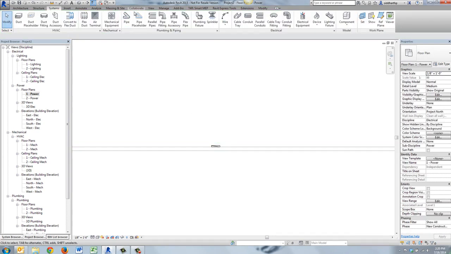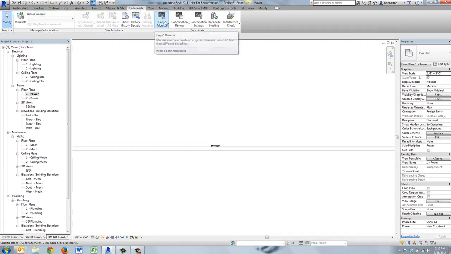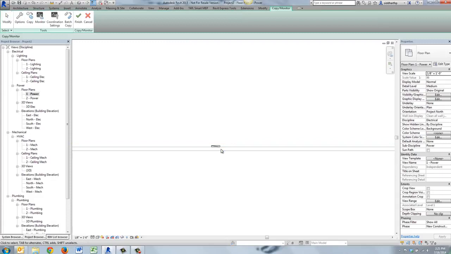To do that, Revit provides you a tool called the copy monitor tool, and this copy monitor tool can be used to copy fixtures from a linked file and also monitor their positions. You can also copy, and as you copy you could say that you want to replace type A in the linked file with type B in your file if you have type B loaded in your file. So we'll go to copy monitor, select link, and pick the linked file,